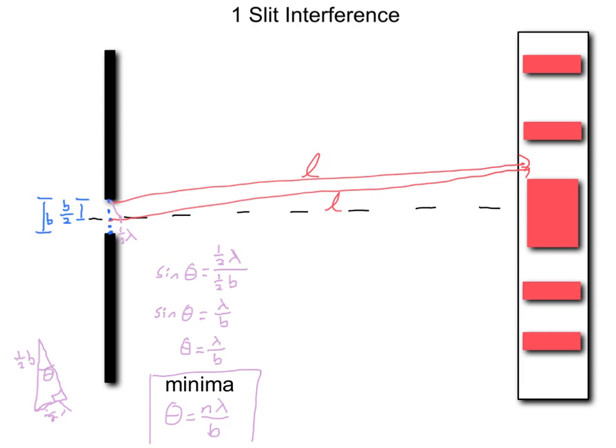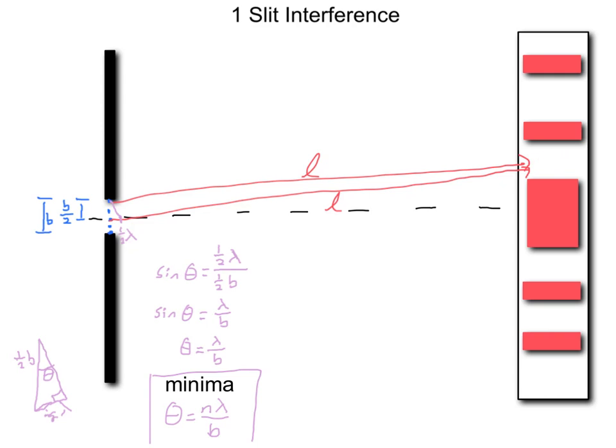Between any point and its corresponding point on the other half, so here I chose the top one from the bottom half and the top one from the top half. So I chose 2 points that are perfectly corresponding. This point and that point would correspond, and then the middle one again to the bottom one there would correspond. So from any 2 points that correspond between the 2 halves, you're going to have a phase difference caused by a path difference. Let me explain. Let's take this top point. Distance length L must be traveled from this top point to here, where I have a minima, the first order minima,